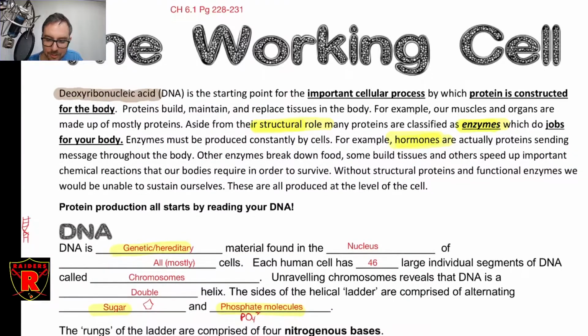And it is the starting point for virtually every important cellular process. It's how you regulate everything that's happening in the cell and build everything that's happening in the cell. And you regulate it by building it. So if you want the cell to do more of a particular thing, then you build more of a particular structure, or build more of a specific chemical messenger, or build more of a whatever. So most of the regulation comes from turning on and off specific genes, saying build more this, build less this, which is also a function of the DNA. So the DNA can also turn things on and off.